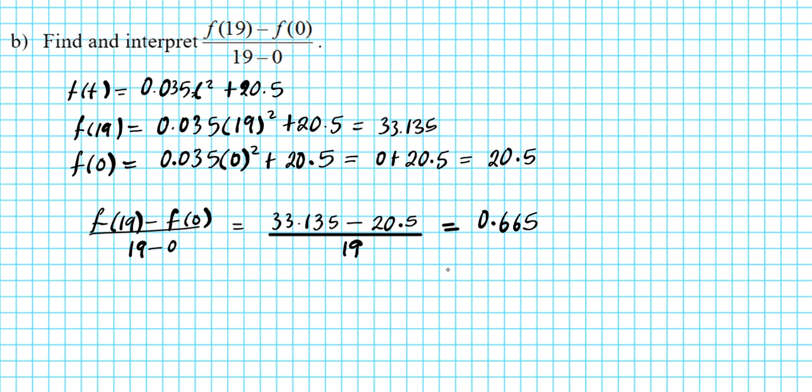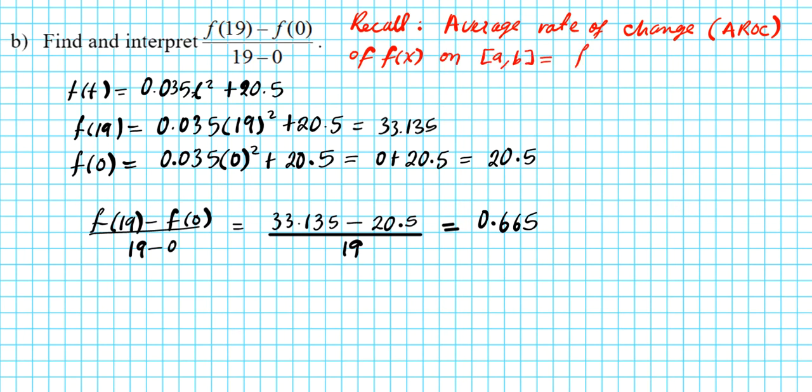Now, we're told to state, interpret the meaning of the answer that we just got. In order for us to explain what this is, I would like us to recollect a formula. What I'd like you to recall is that the average rate of change, you can call it AROC, of a function, let's say f of x, on an interval AB,